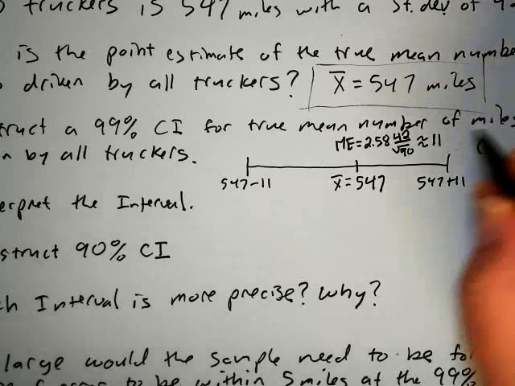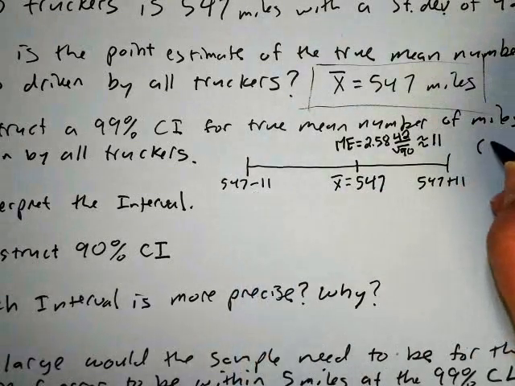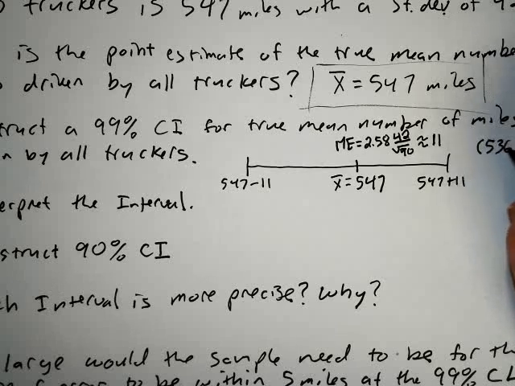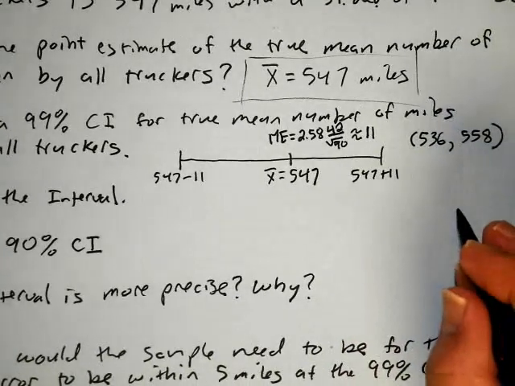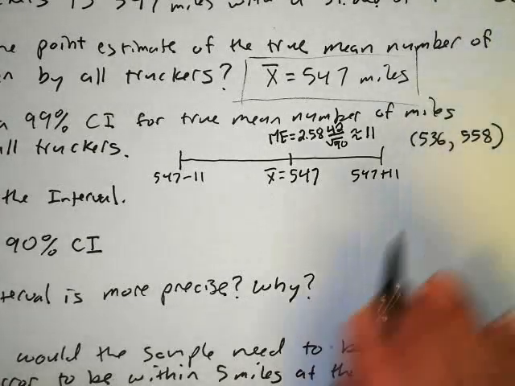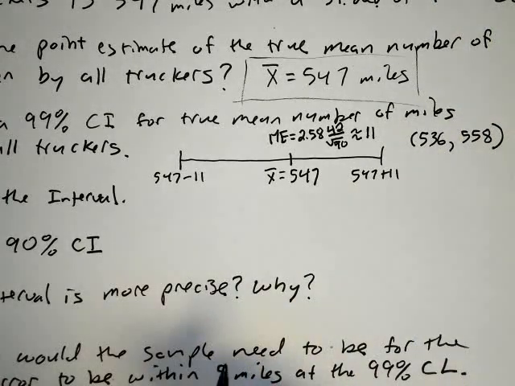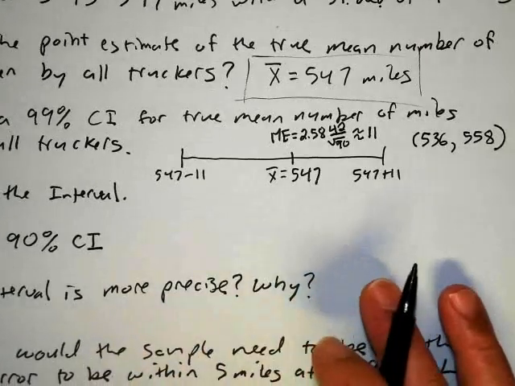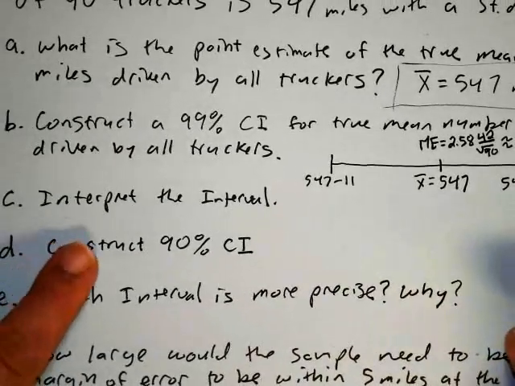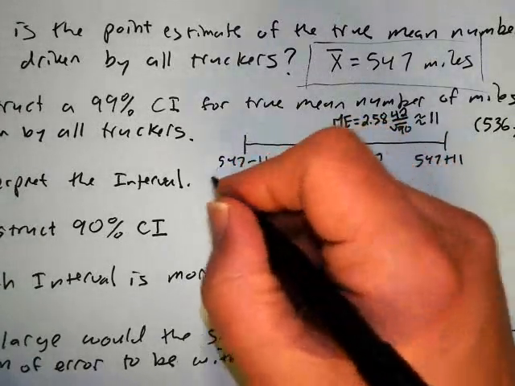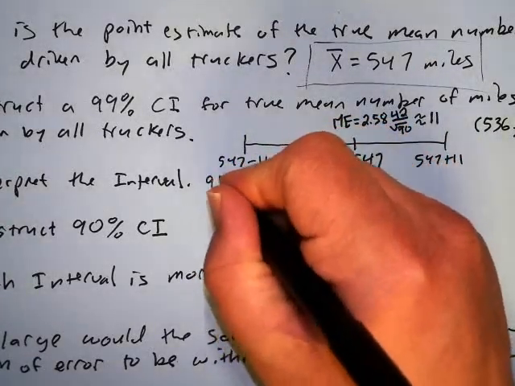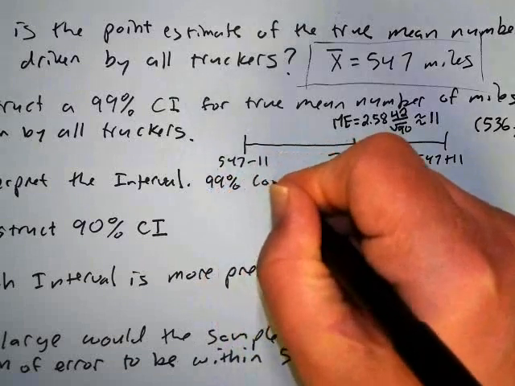I should be able to do this in my head. When we subtract 11, I get 536. When we add 11, I get 558. So there you go. That's my 99% confidence interval. So part C asked me to interpret the interval. So I would say that I am 99% confident